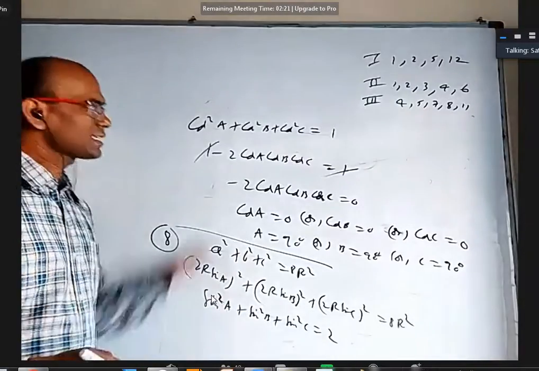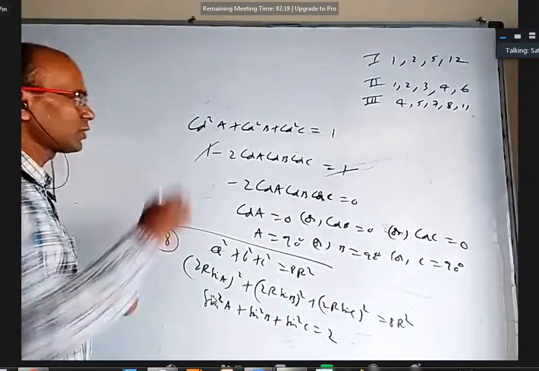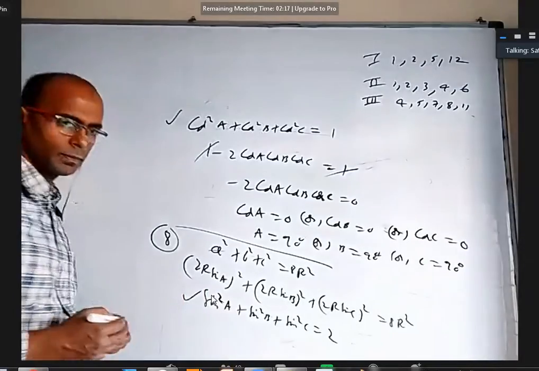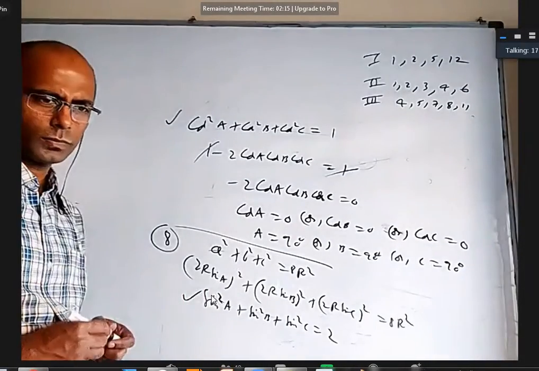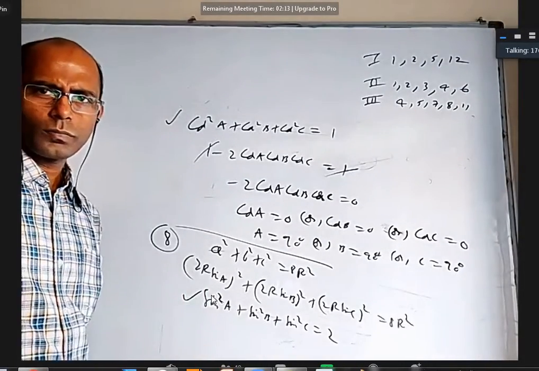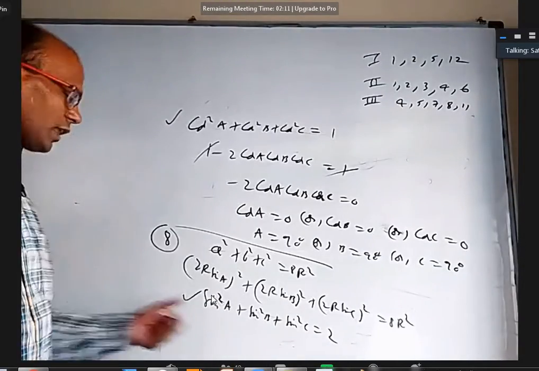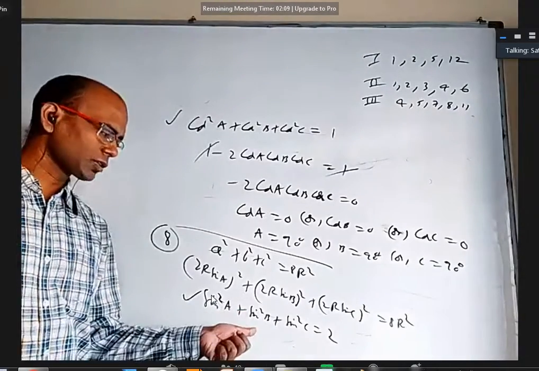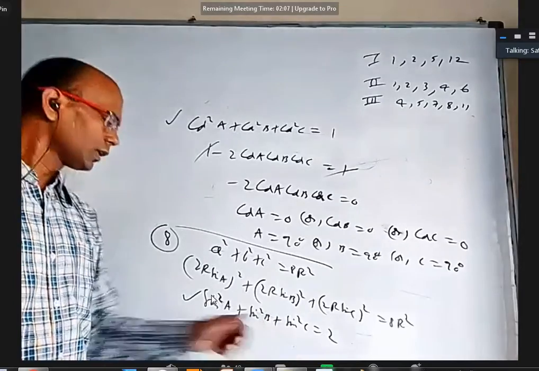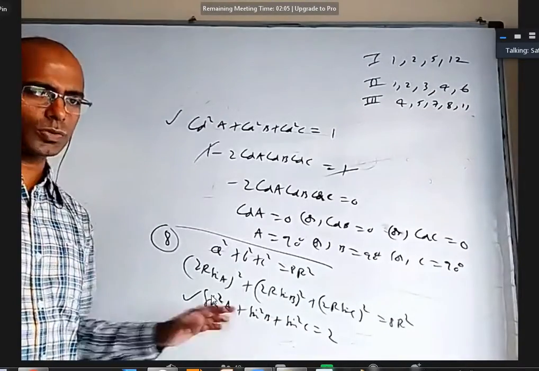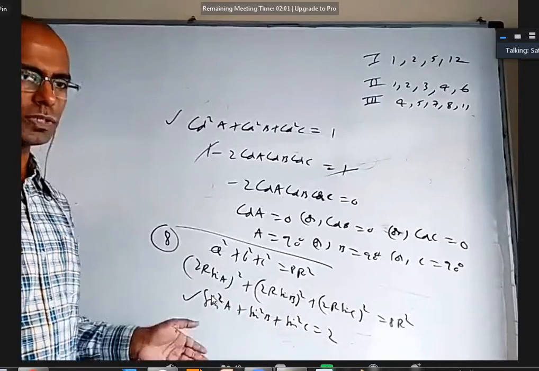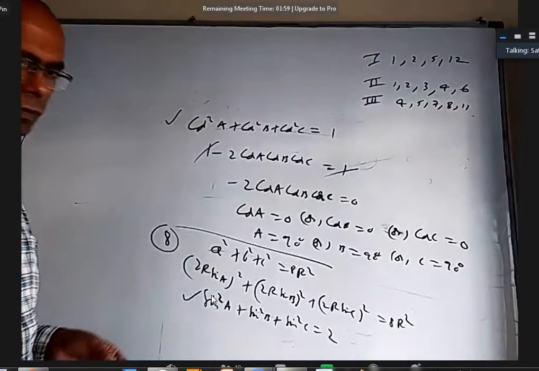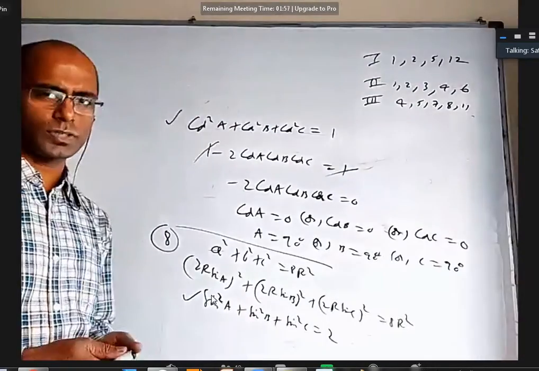Now, actually this and this are same. Anybody want to tell me why these two questions are same? Sir, sine square we can convert into cos. Yeah. If you write 1 minus cos square A here, 1 minus cos square B here, 1 minus cos square C here, it will become 3 minus, cos square A plus cos square B plus cos square C. If we bring 2 this side, again it is the same. We will get cos square A plus cos square B plus cos square C equal to 1.